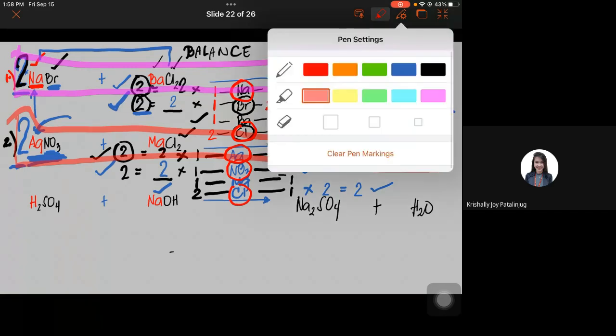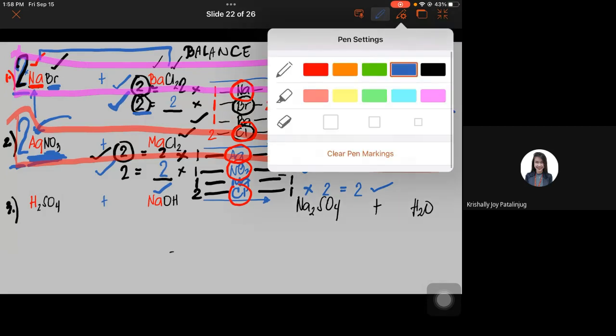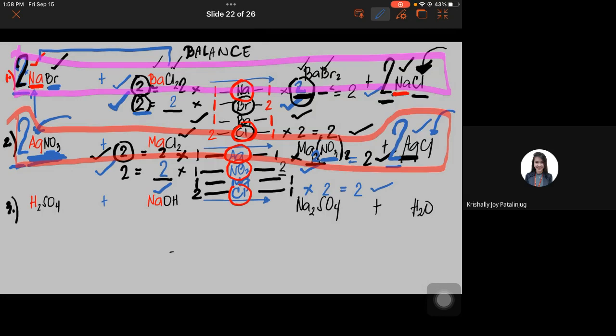Okay, let's proceed with the last example in balancing. Let's have sulfuric acid reacted to sodium hydroxide, producing sodium sulfate and water. So let's focus on balancing. Sige, list down. List down the elements. So you have